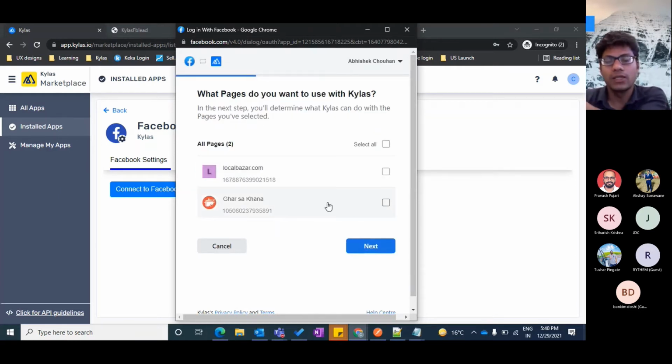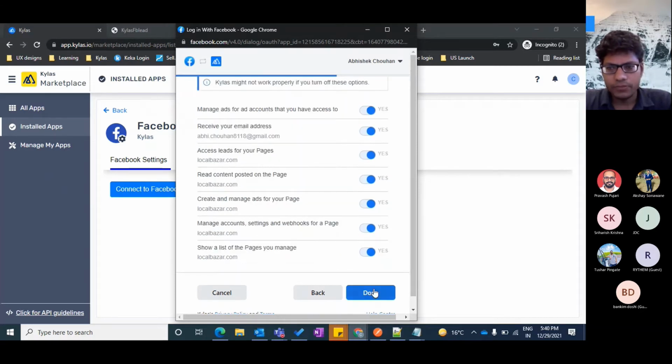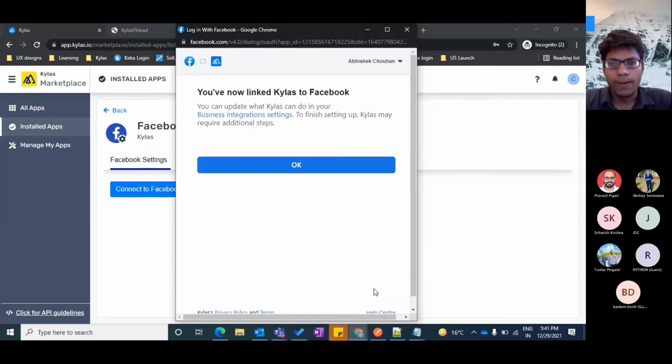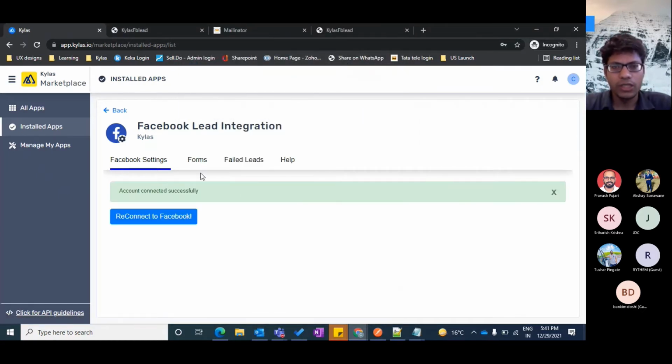In this account there are some dummy pages that I have created. Let's say I want to get the campaigns from this particular page called localbazaar.com. That's a dummy page that I have created, and when I'm done, my account is now connected with Facebook, and I get to see two more tabs, forms and failed leads.